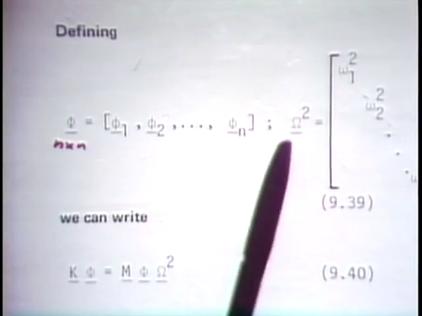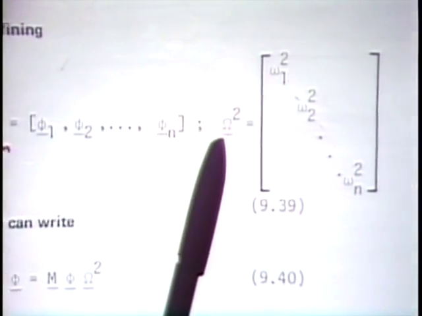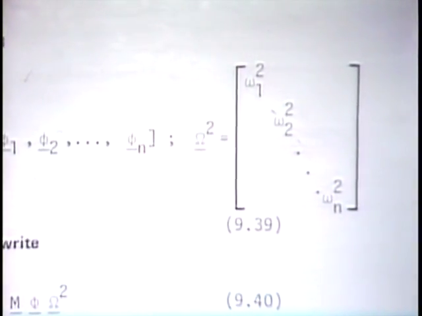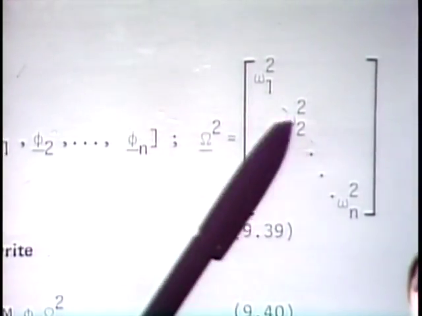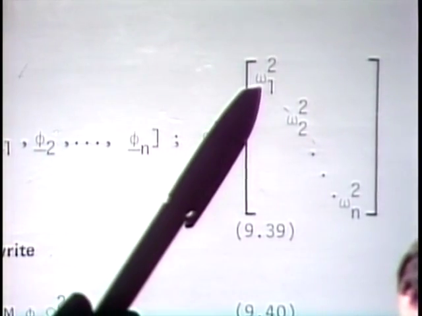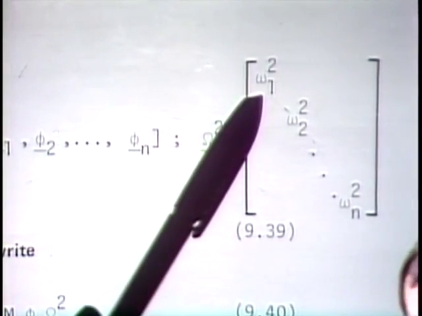And if we define a diagonal matrix, capital omega squared, being equal to zeros in the off-diagonal elements, but the diagonal elements being omega 1 squared to omega n squared,